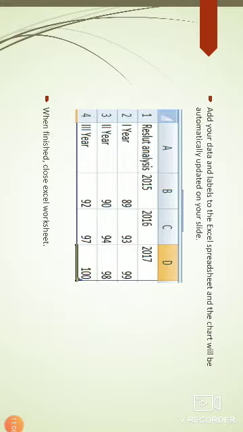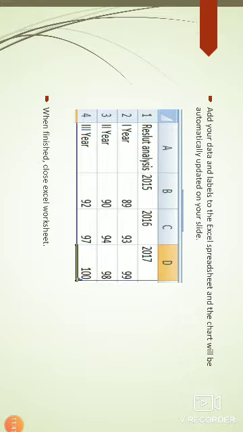After that, we add our data. We have to add our data and labels to the Excel spreadsheet, and the chart will be automatically updated on your slide. For example, I modified the data. In cell A1 I entered result analysis. In B1 2015, C1 2016, in D1 cell 2017.